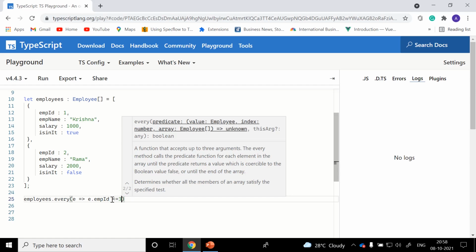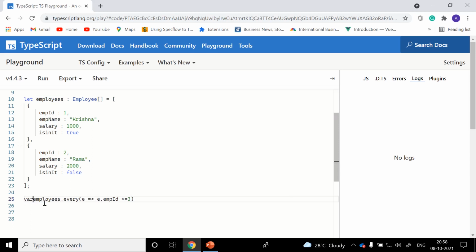If every employee ID is less than or equal to 3, it returns either true or false. If it satisfies, it returns true. If not, it returns false.